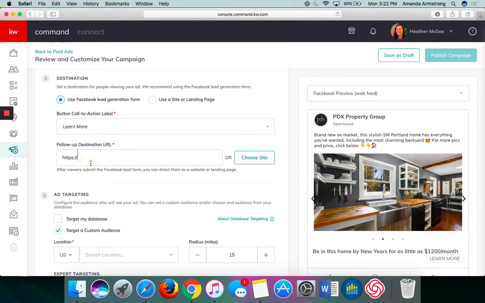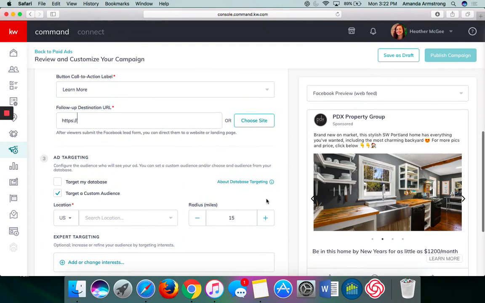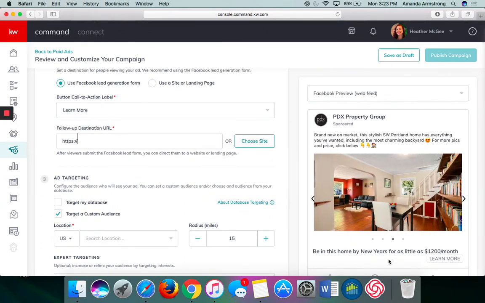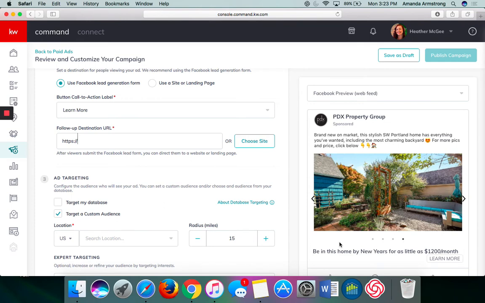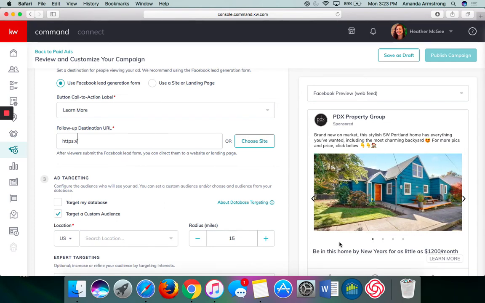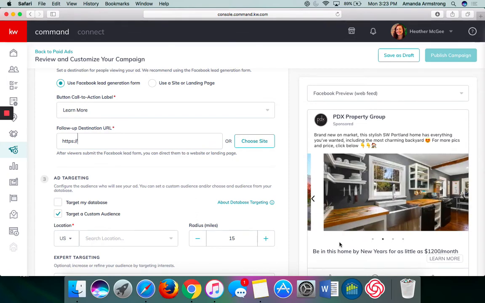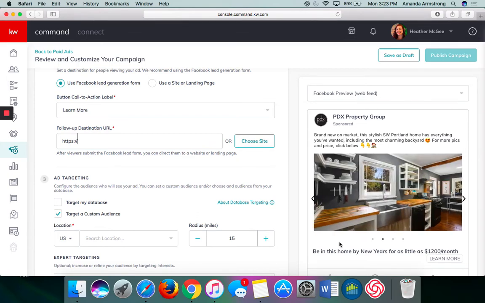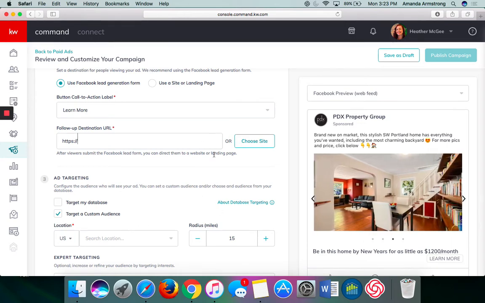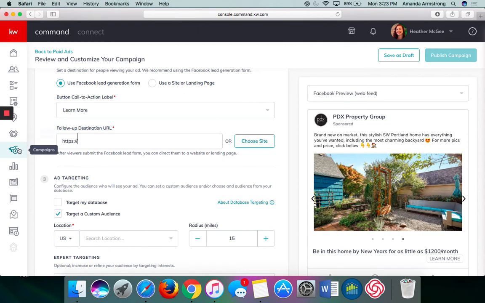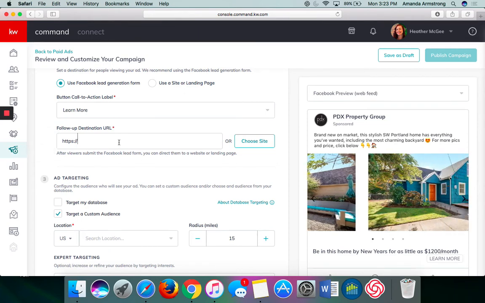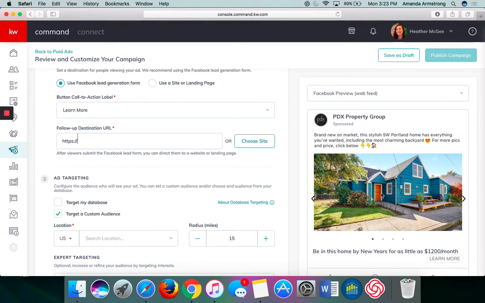A follow-up URL destination is the link that is going to take you to if you were to click on the banner down here. So a couple questions. What do you want people to do with this information? Do you want to drive them to your personal page? Do you want to gather their information? Do you want them to see, let's say, your Zillow page or your KW page? You could even do a site here in Command and build your own backend platform for this listing. So we could have a specific site built for this listing that we link this to. And I'll do that in another video down the road. But for now,